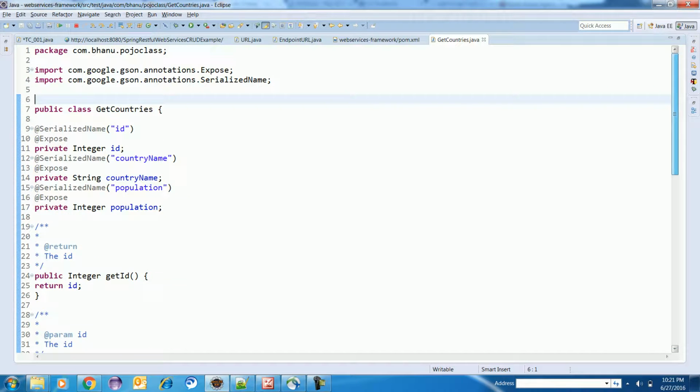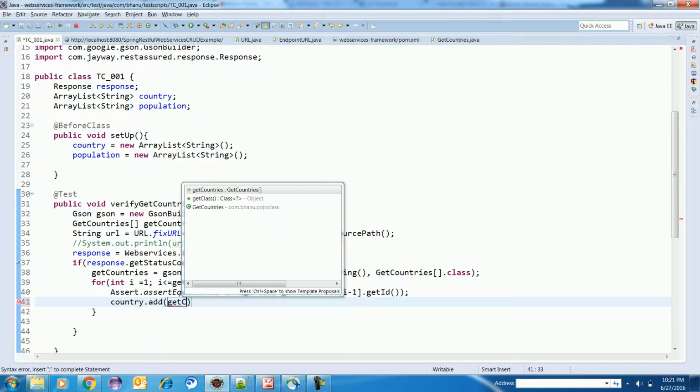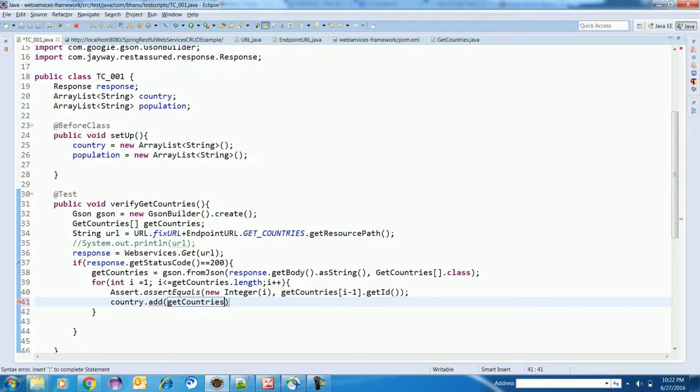When we make the object of that particular class, we can access the methods of that class. So this is my reference get countries.